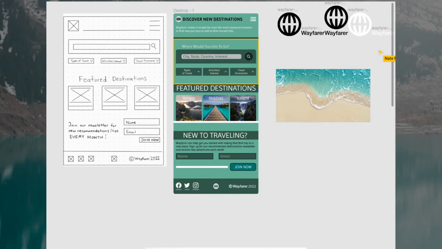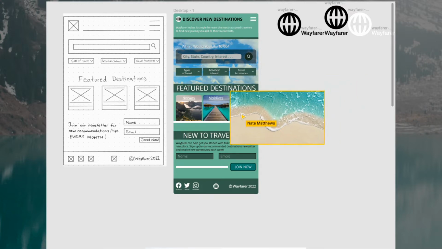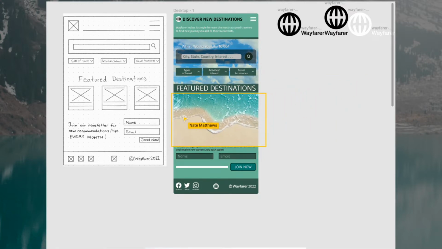So yeah, now we're just adding some color and stuff like that in the back. I think it looks really nice for the "where would you like to go" section right up here. Now we're getting ready to add a beach, because it looks like some of our featured destinations have water in all of these locations here. So we're going to be adding a water design, and also it looks like the color of the water is